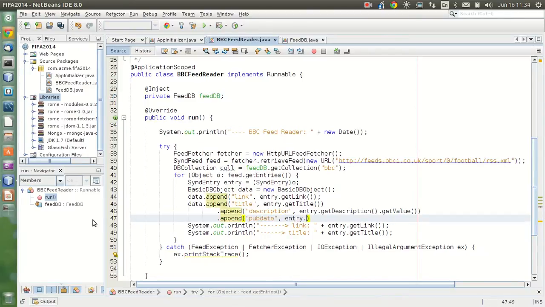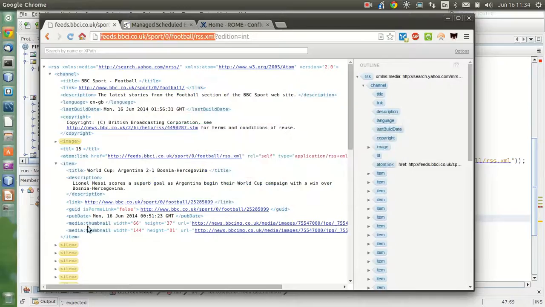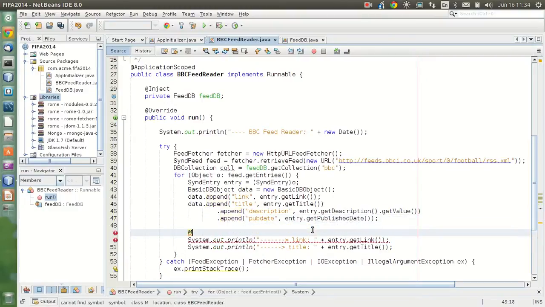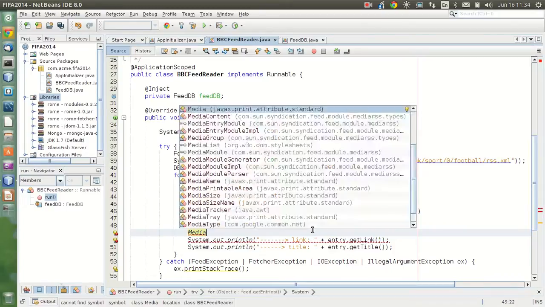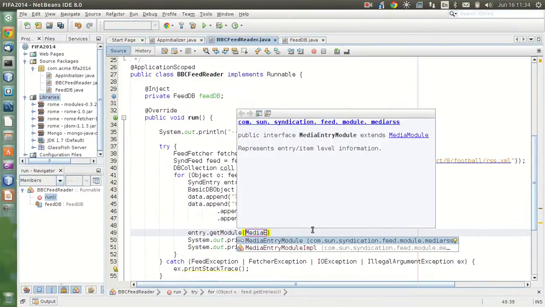Okay, entry, get published date. What else? Okay, we can also get the thumbnails. To get the thumbnails, we need to use a plugin called the media entry module. So the way you get the thumbnail is to go entry, get module, media entry module